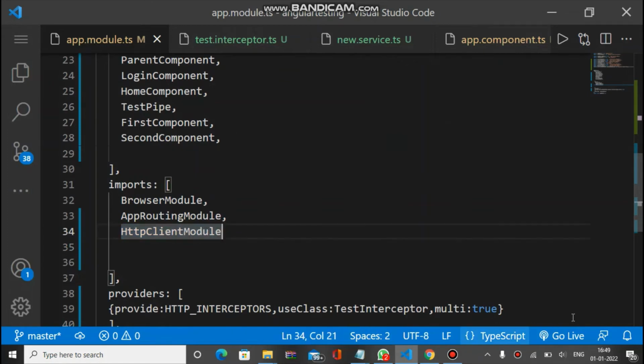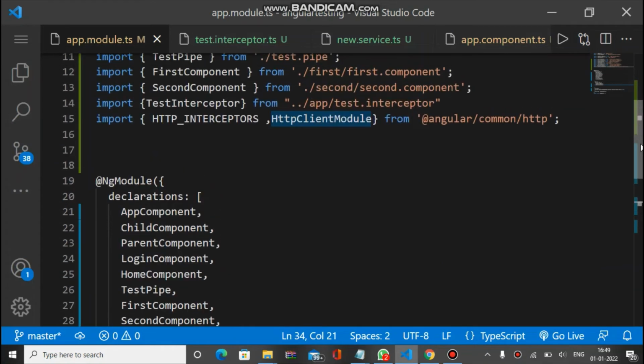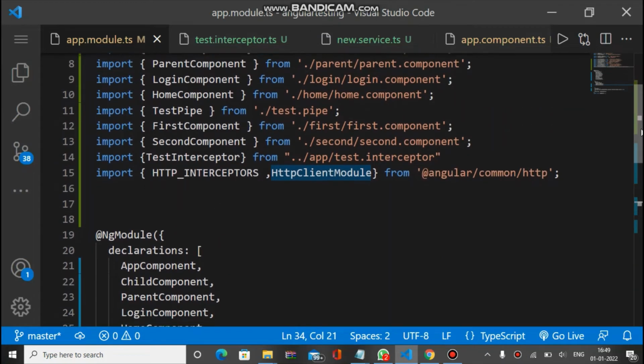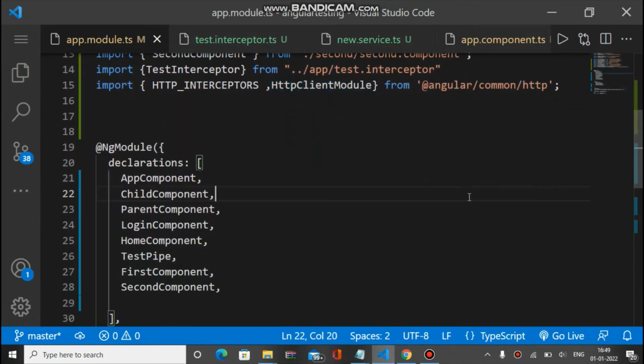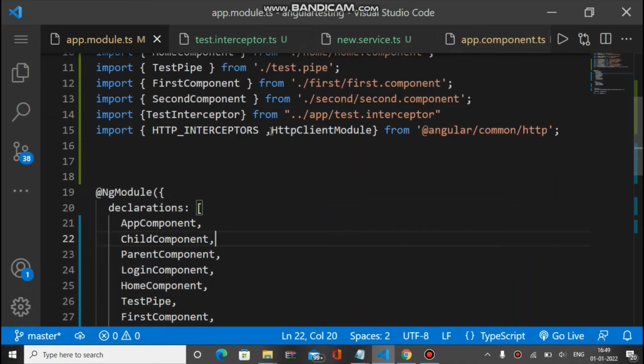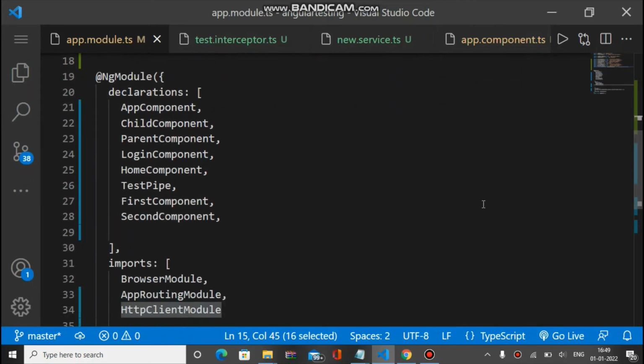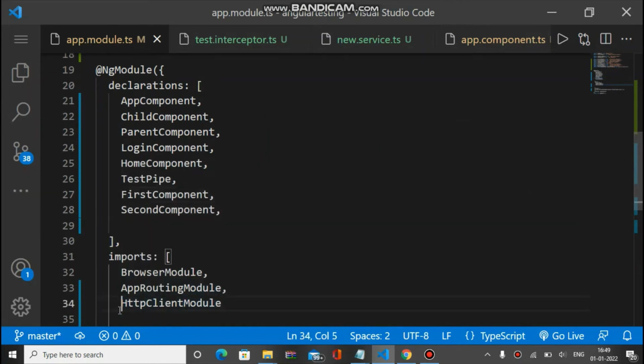So this is the way you can call the API. You have to import HttpClientModule from Angular common HTTP, and add it here inside the imports array. So let's call the API.